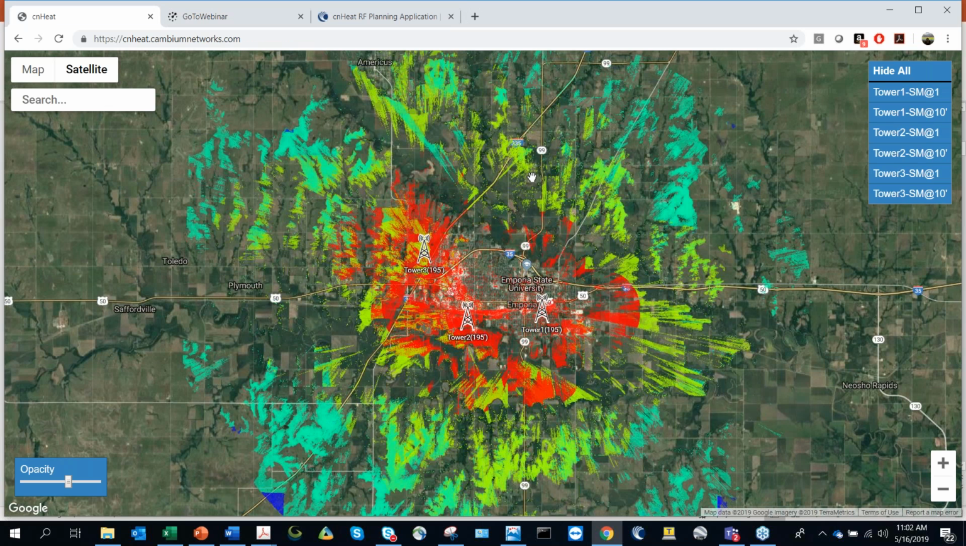Okay, so here we have a cnHeat website, and we chose Emporia, Kansas. It's no one's ISP or anything like that. It's just simply a city that would be a good demonstration for cnHeat, and we have the GIS data for it. You'll see here that we have 3 sites, and they're called Tower 1, Tower 2, Tower 3, and then